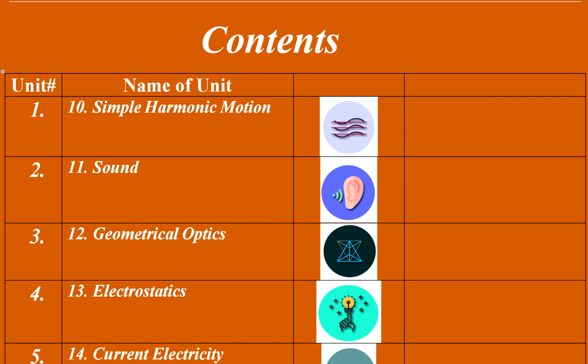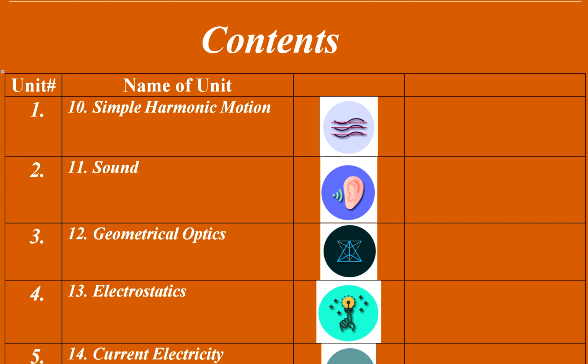Similarly, there are 9 units in class 10th, but these units are mostly linked with physics we are going to apply in our daily life, and that involves electricity, and that is going to help us in making or understanding nuclear fission and fusion reaction. So if we see the contents,